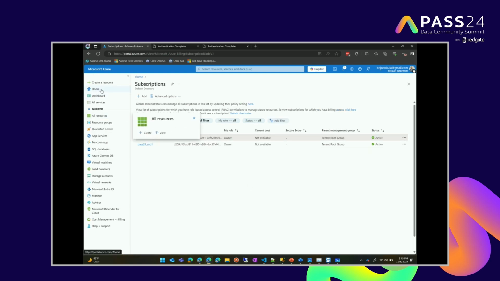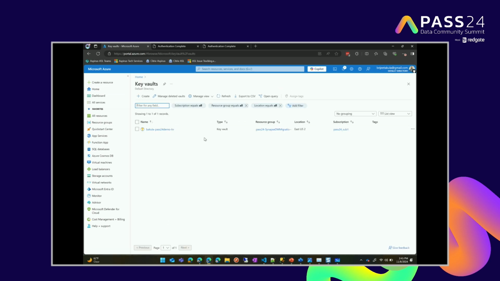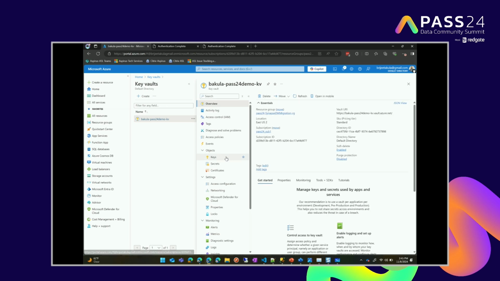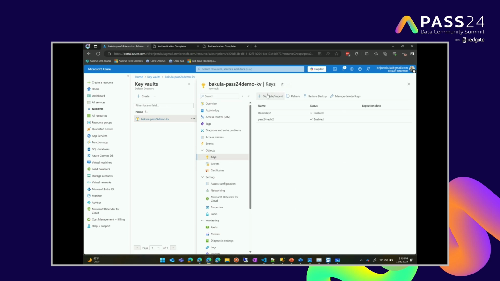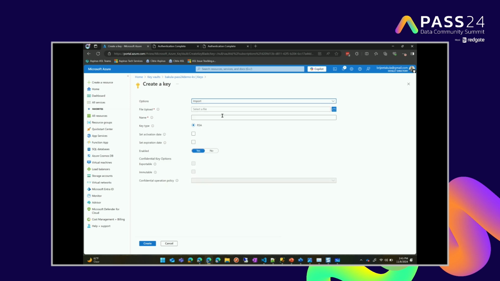So you don't have to use, coming into the Key Vault, if I go to generate, and this is the typical way, but you can do import, which means that you have an external product that is generating RSA keys for you, right? Going back to basics of encryption keys, the public, private, all that stuff, right? So you can generate it somewhere else and then import it into here,